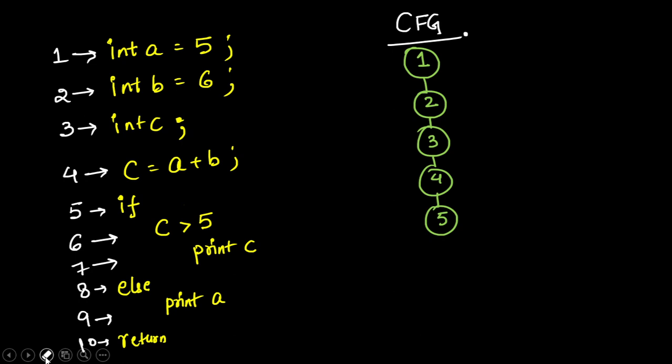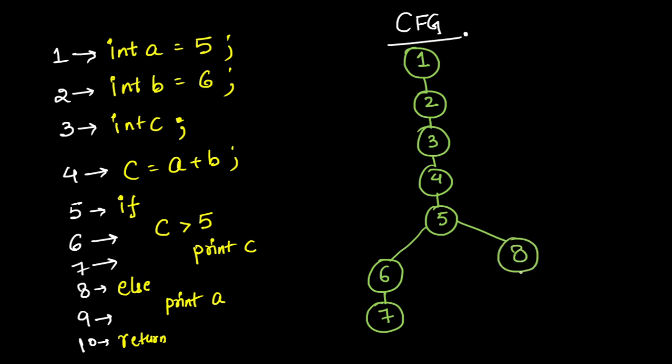ठीक है, so ये हमने flow check किया. उसके बाद अब 5 पे we have if statement. So 5 के बाद we have the condition कि either I can go over here or I can go over here. So 5 के बाद I am taking 6. 6 says that if C is greater than 5, then I will print C. Else आपका है statement number 8. अगर ये condition follow नहीं हुई, so I'll go over here 8. Else I'll print 9 and then return. तो यहाँ से भी आप 10 पे आओगे और यहाँ से भी आप 10 पे आओगे. This is your control flow graph.